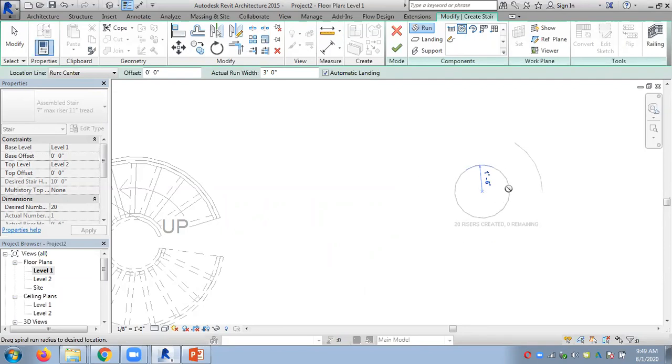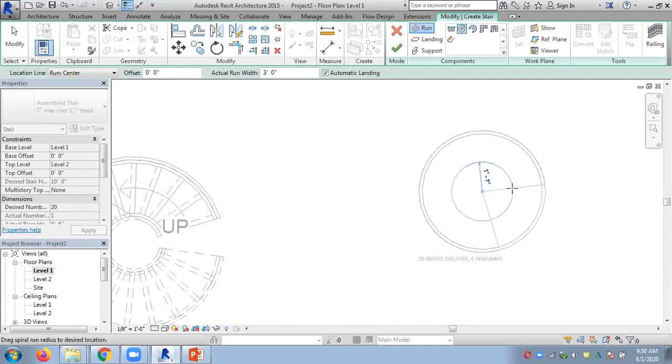So if you just try to do it, it will not generate. You can see it's not generating. Even for 1.6 it's not generating because the materials are overlapping. Staircase width is 3 feet, so it should be more than 1.6 feet.